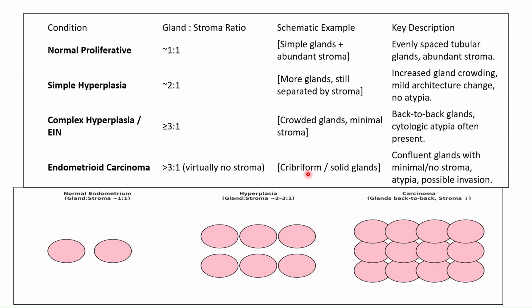There are solid glands, cribriform glands with minimal or no stroma, overlapping of glands, and atypia. So this is the normal endometrium, 1:1; 2:1 to 3:1 is hyperplasia, and stroma is reduced and gland to stroma